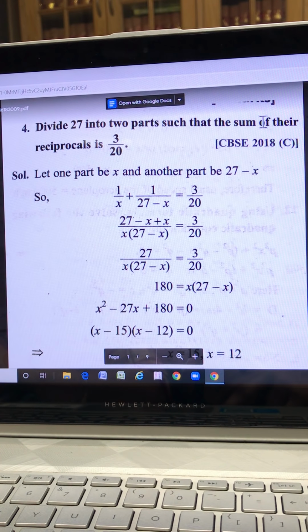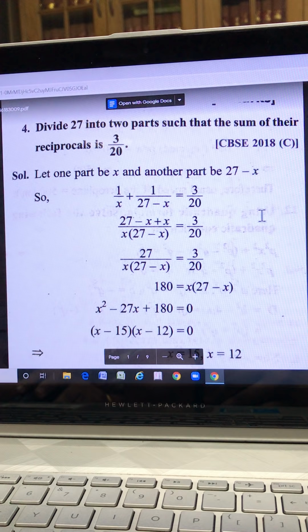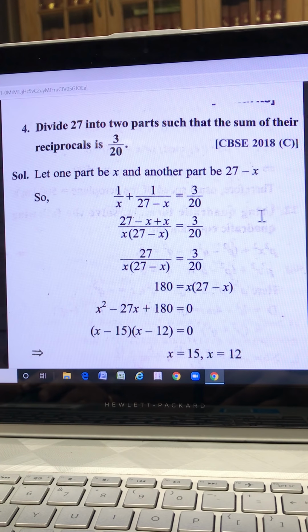See, I told you that we have already completed the chapter. Today we will do more questions on quadratic equations. These are extra questions that I am discussing, and this will help you to solve the assignment yourself. After doing these questions, I will be sending an assignment and then you will be doing the assignment yourself. You can ask your doubts if you have any.